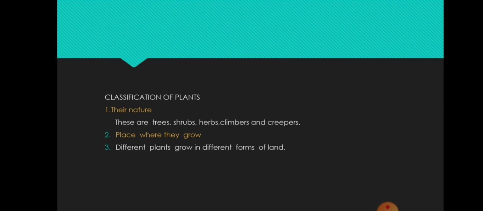The nature means these are trees, shrubs, herbs, climbers, creepers. Place where they grow: different plants grow in different forms of land. Children, in farms, fields, water, desert, mountain.